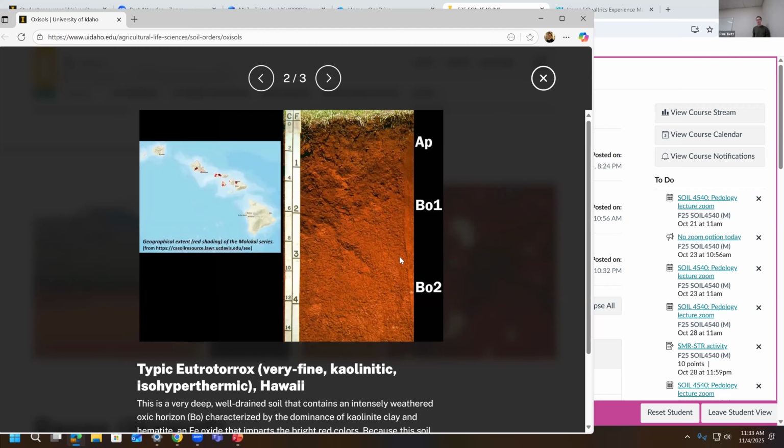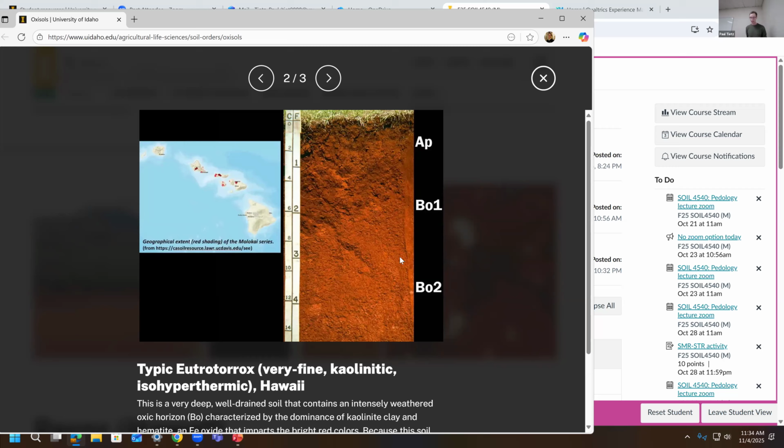As far as I know, there's not really a specific texture that matches up with oxisols. You'd think the weathering out of the clay minerals, or the phyllosilicate clays at least, would make them really sandy soils. But the iron oxides themselves behave like clays. They're clay size, right? Clay, the way we consider it for soil texture description, is not a specific ingredient, but rather just the size of a particle. So these iron oxides